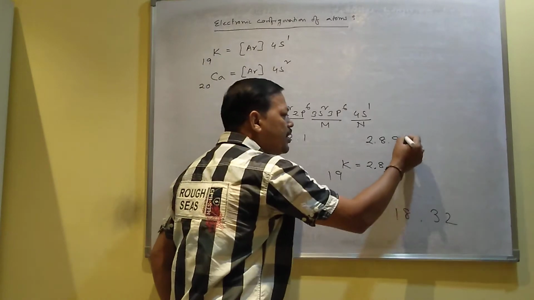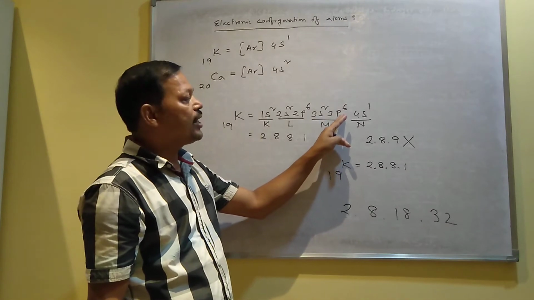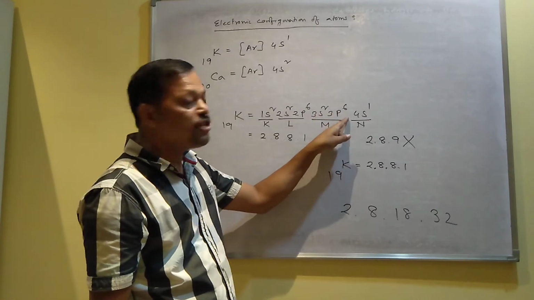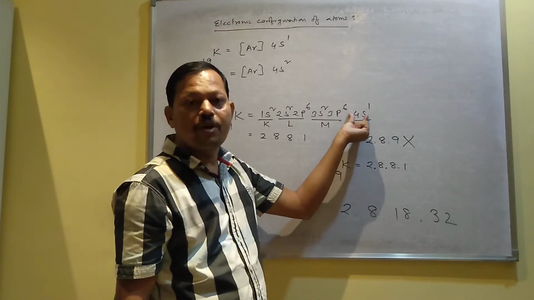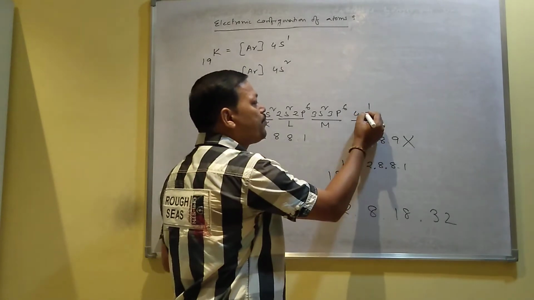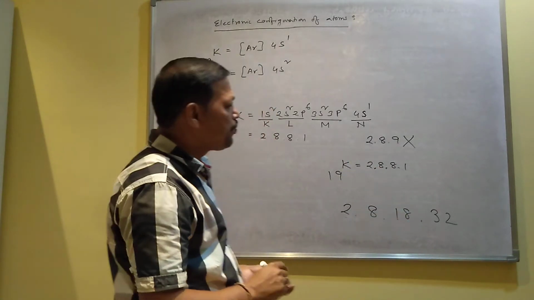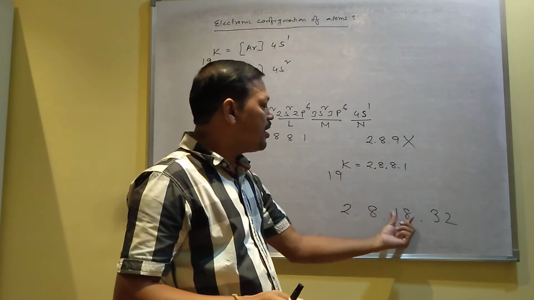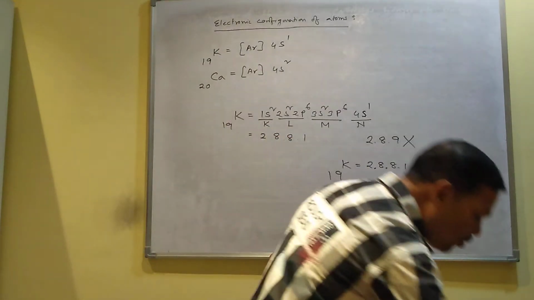If you write 2, 8, 9, it will become wrong, because before filling the third shell, the electron will start to enter 4s. Your third shell contains 3s, 3p, 3d also. But before entering 3d, you have to enter the electron in 4s, I mean in the fourth shell, because 3d energy is more than 4s, and that is why the electronic configuration is 2, 8, 8, 1. Is it clear to you? So that is why you have not written the configuration as 2, 8, 9. Although the third shell can contain 18 electrons, after entering 8 electrons, the next electron goes to the fourth shell.